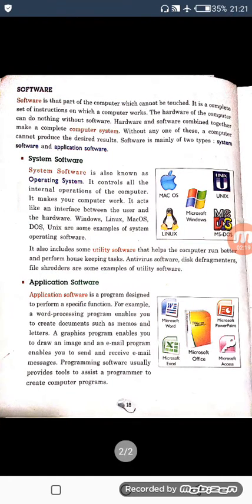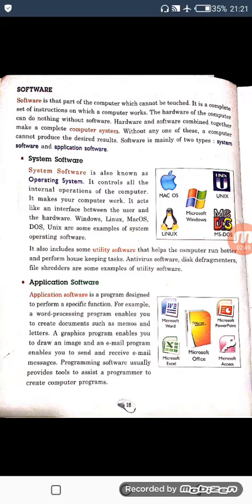Now come to the next point. What is software? Software is that part of the computer which cannot be touched. We can only see it. We can only see their symbols, we can see how they are working, but we cannot touch them. For example, in a computer, if you want to make a drawing, you will use Microsoft Paint.